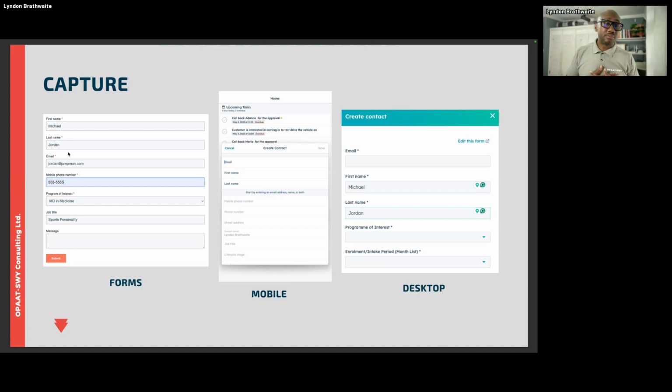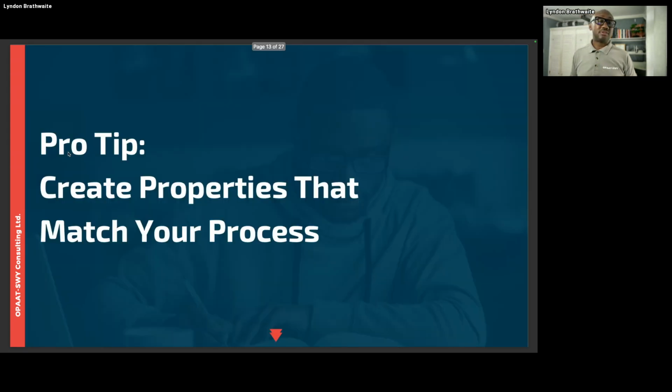If I had to drop a hot tip, my first hot tip would be making sure that your properties are set in the right way. One of the biggest missteps that I see sometimes is that the properties inside of the HubSpot portal don't have the right properties, or they didn't think properly about what they want to do. So some of the information they're not capturing, some of the information might be in the wrong place, and some of the properties are not set up the right way. So when it comes to doing other things right after the capture, it's difficult for them to do that because, again, garbage in, garbage out.